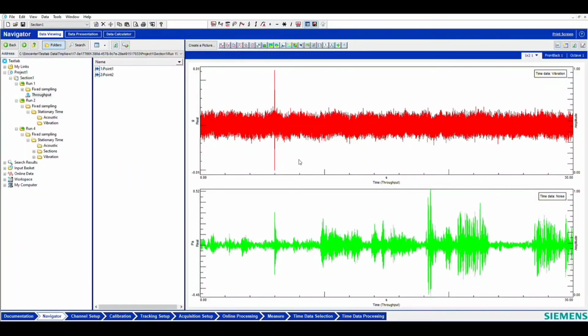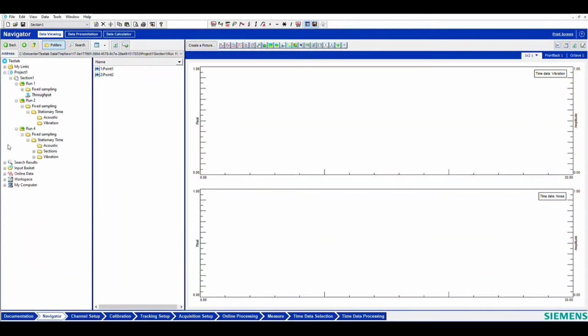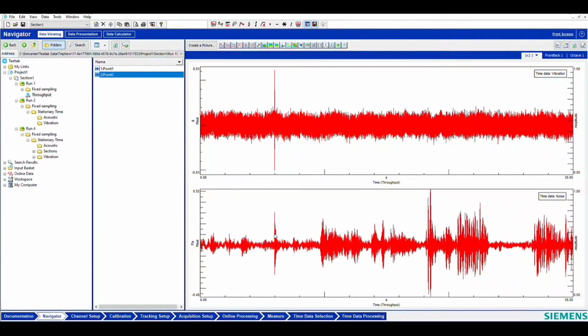This is the top graph, or the top window is for the vibration, and the bottom window is showing the live real-time noise data. And once this is acquired in parallel, you can record the data, visualize the data, and then do the rest of the parallel processing sometimes to see other formats.